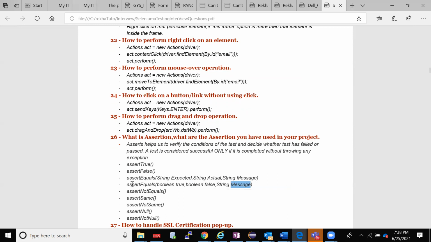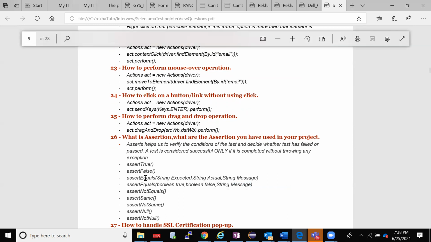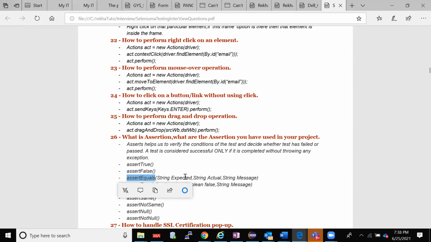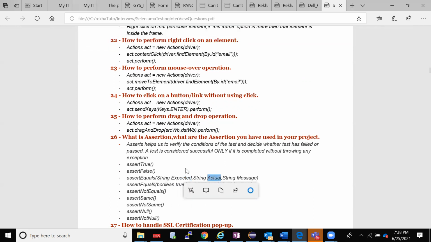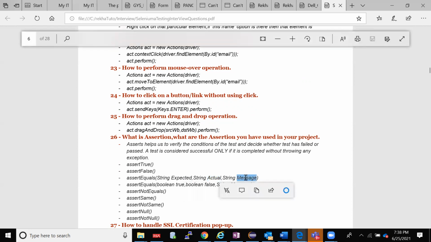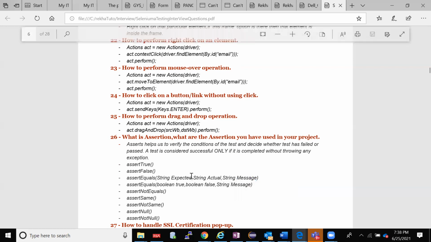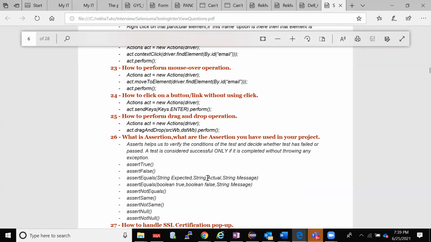See, assertEquals. Just think that I'm taking the expected value. Rekha Ram was there on the home page, right? This is my expected value that I'm passing. The actual value I'll read from the web element by using getText. Here I'm passing a string message. What is the string message? If these two are not equal, meaning my expected and actual are not matching, then the test case is failed, right?